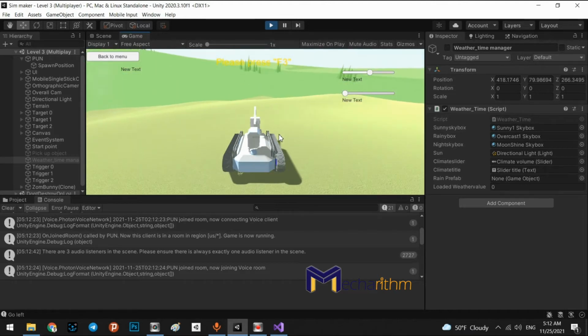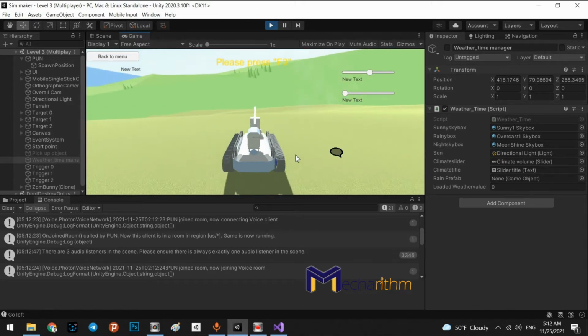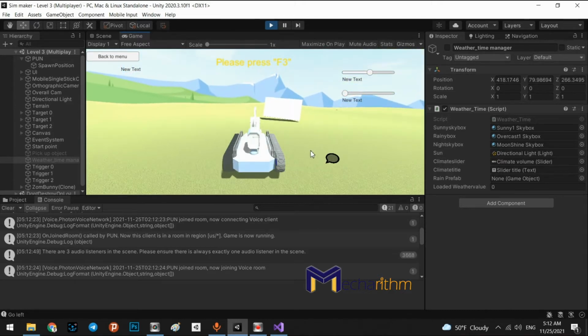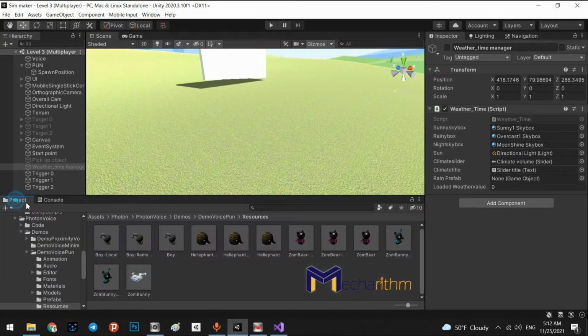Oh, I see. The movement of the UGV conflicted with the movement of the default avatar of the Photon network. So we have to disable initially the